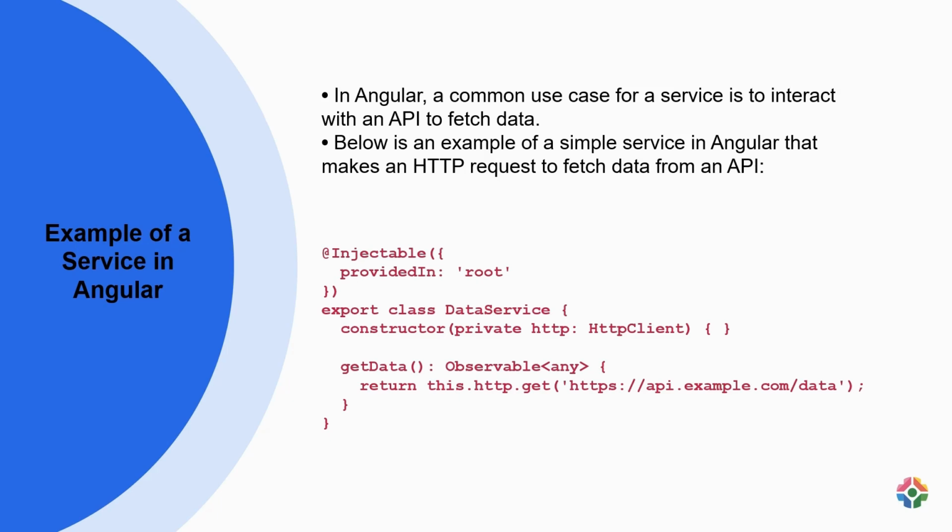Within the data service class, the getData method is defined, which returns an observable. The getData method utilizes HttpClient's get function to issue an HTTP GET request to the specified API endpoint, in this case, https://example.com/data. By defining and utilizing such services in Angular applications, developers can modularize code, promote reusability, and ensure a separation